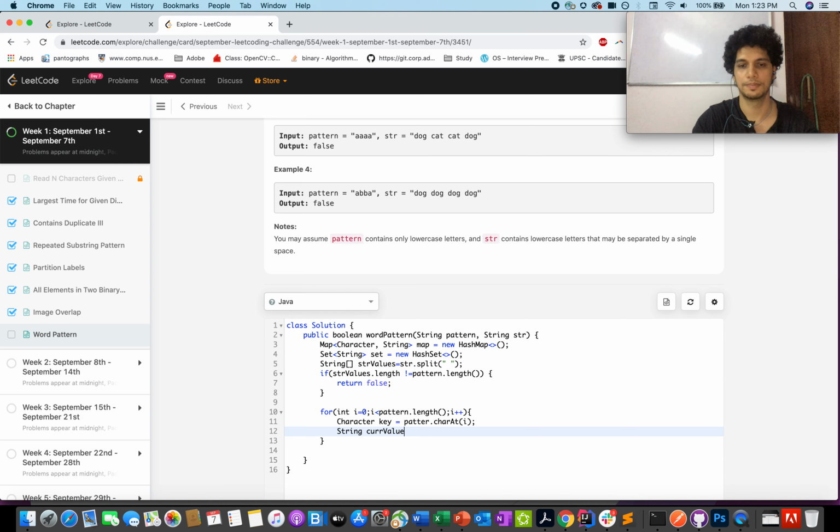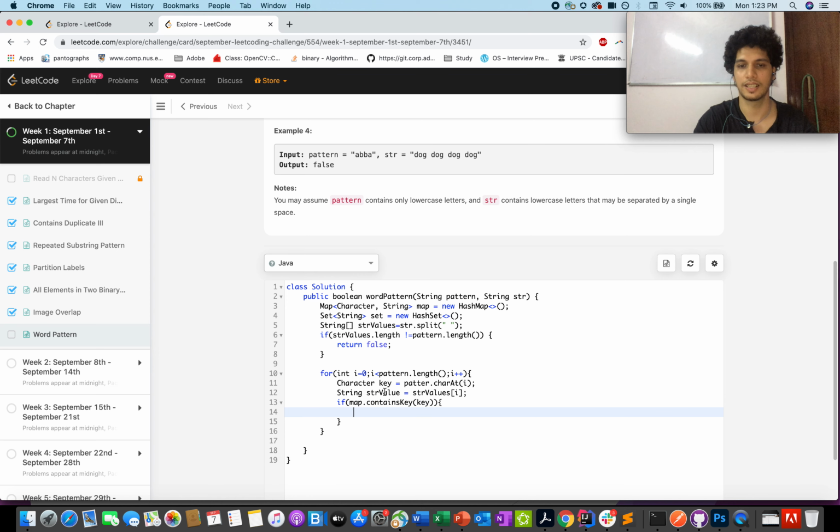Let me just call it str val equals to str values get from the ith index, and if map dot contains key, passing key, if it already contains the key, let's get the existing value from the map key, and this would be existing value.